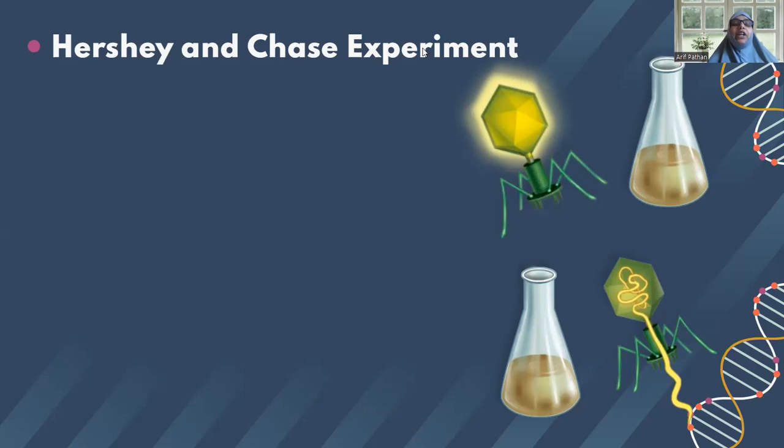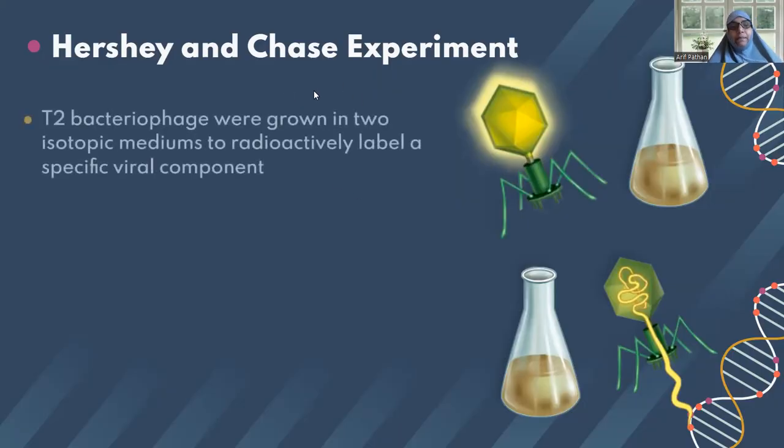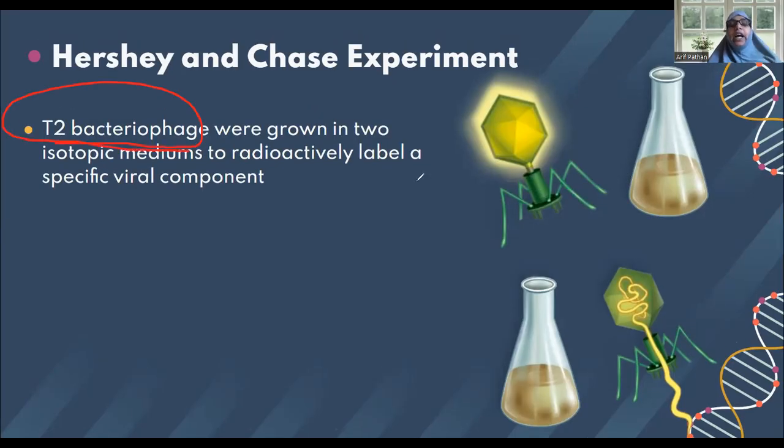In a similar set of experiments, to get more proof and more clarity and give a solid confirmation that it's DNA only that is the genetic material, Hershey and Chase carried out another type of experiment. In this, they used different samples. They used bacteria and virus as their sample. They took a virus known as T2 bacteriophage. They took this virus and grew it in two different setups, one with radioactive phosphorus and one with radioactive sulfur.